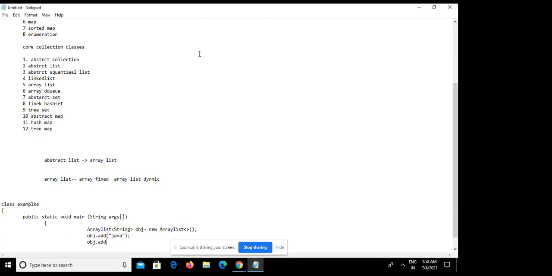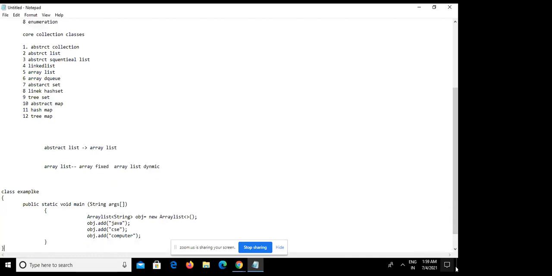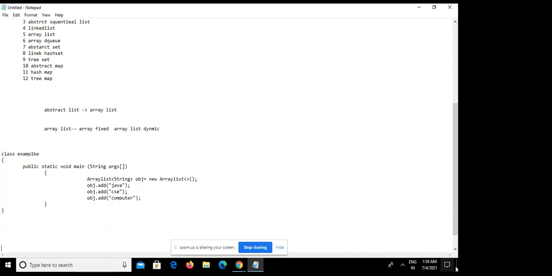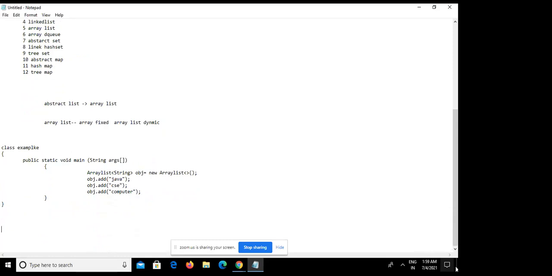obj.add Java, CSC, and one more I'm adding, computer. Basically I'm doing a simple program right now.